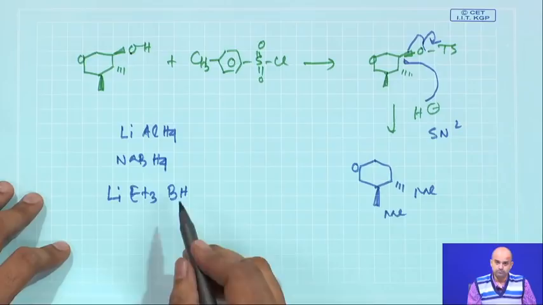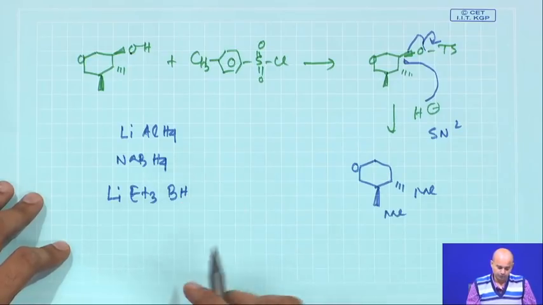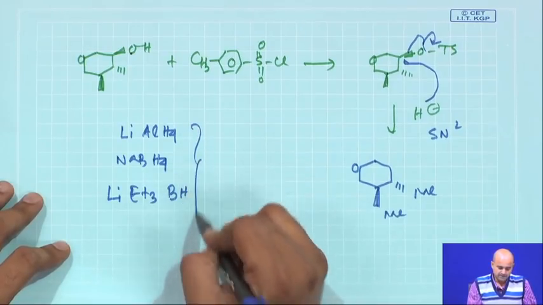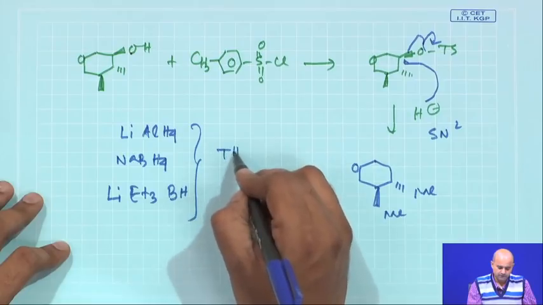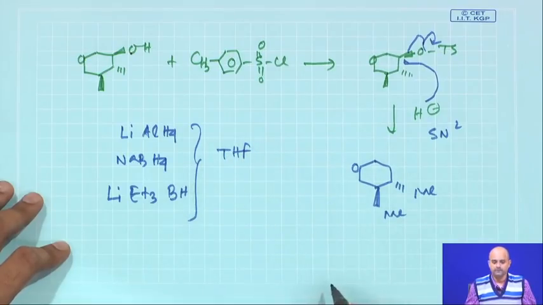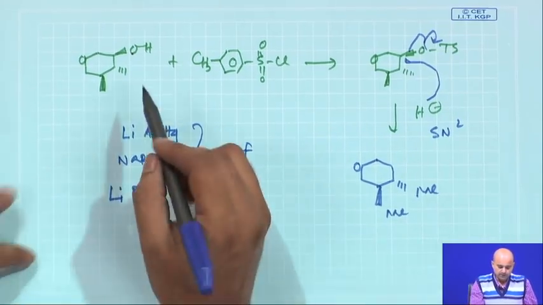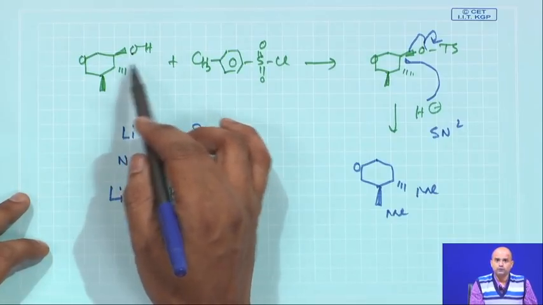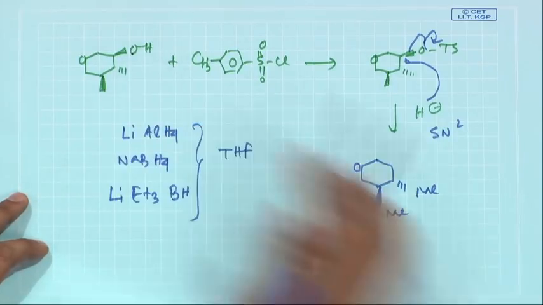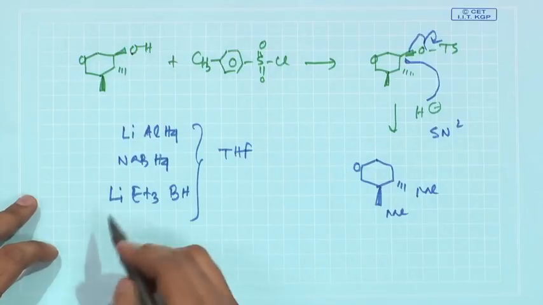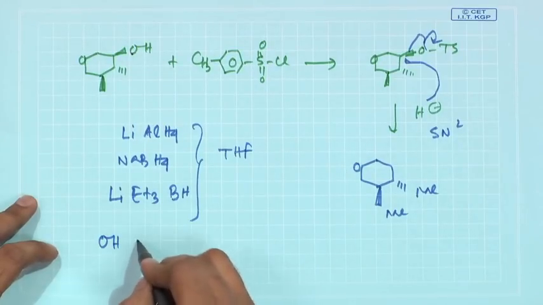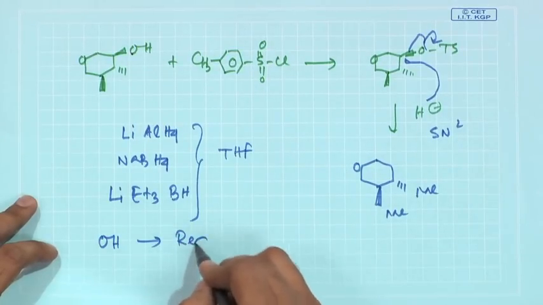This is a very good hydride source, and in general the solvent chosen is THF. Now, in terms of another useful conceptual analysis, this hydroxy group is now termed a redundant functionality,